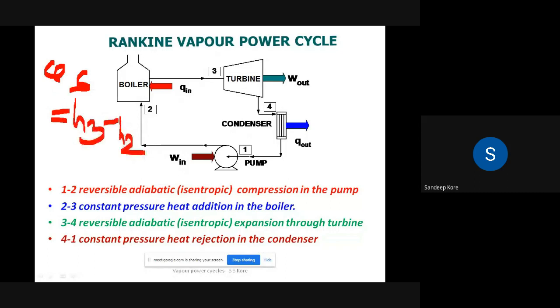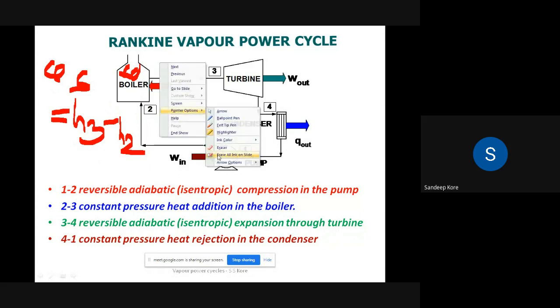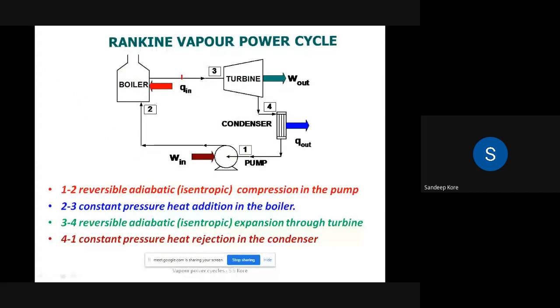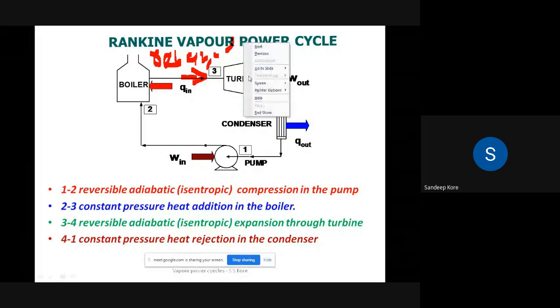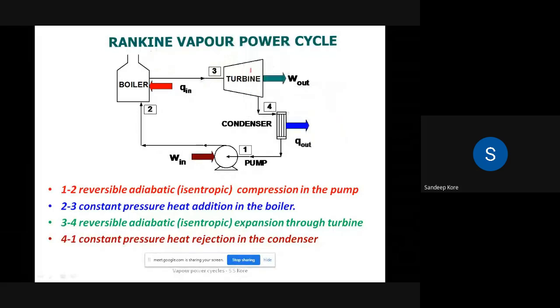H3 - H2. Now in the problem that we have taken, the boiler pressure is 60 bar. So at 60 bar, the steam is generated. The enthalpy is changing from H2 to H3 at 60 bar. So this is the second device. Now if you go to the third device, the steam is now at 60 bar, and suppose the temperature of the steam is 200 degrees centigrade. So at 60 bar and 200 degrees centigrade, the steam enters the turbine.